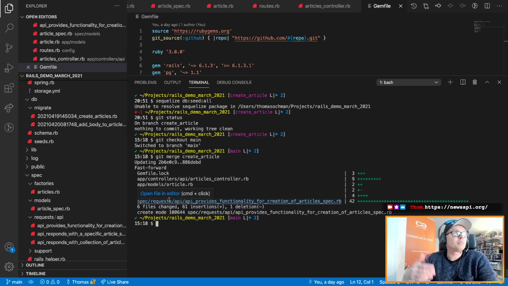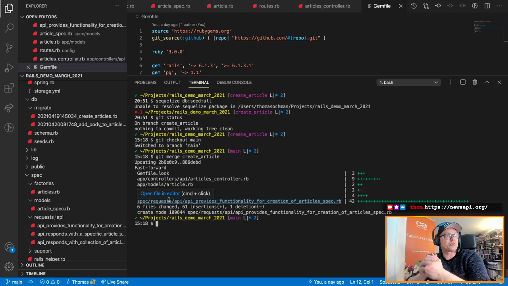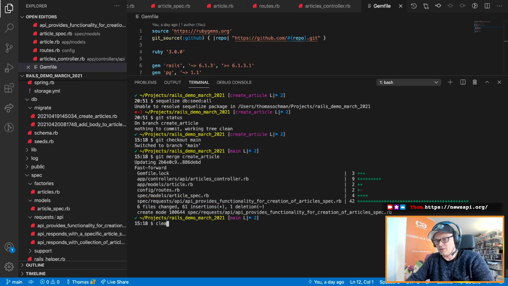There we go. Now this is perhaps the first time you see somebody do this locally. You don't necessarily have to go through GitHub and create a pull request. You can just merge your branches locally as well, with the git merge command, and just put in the branch name here. So we're just going to clear this up,